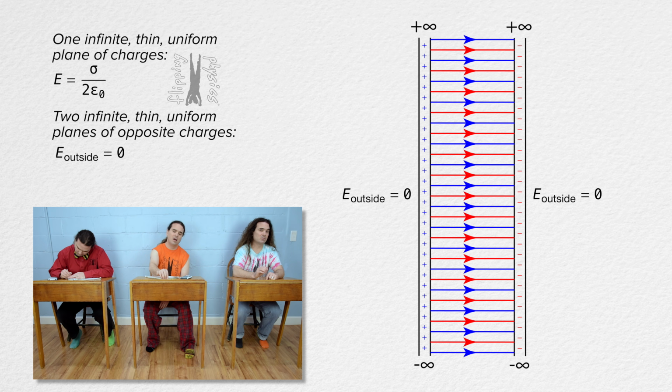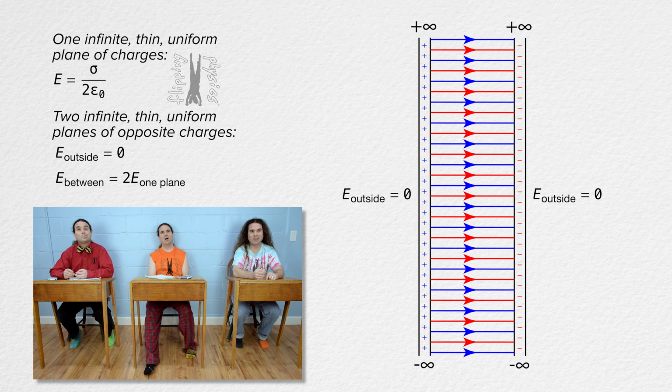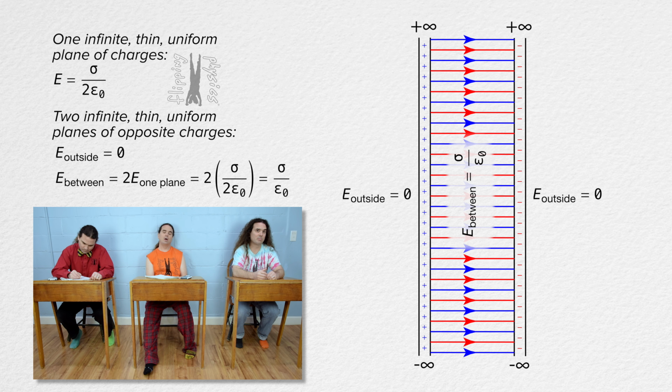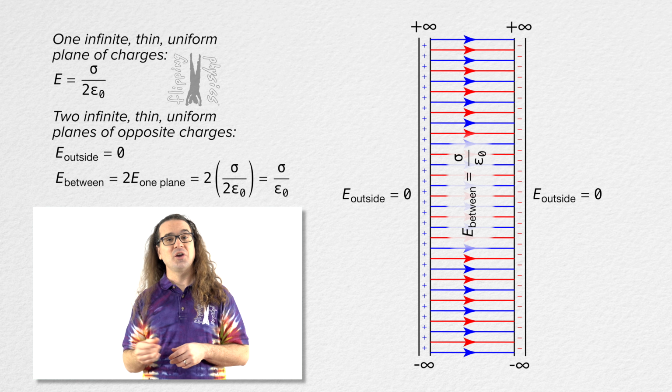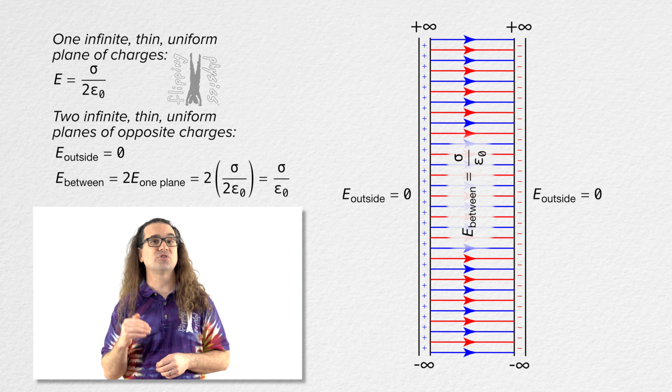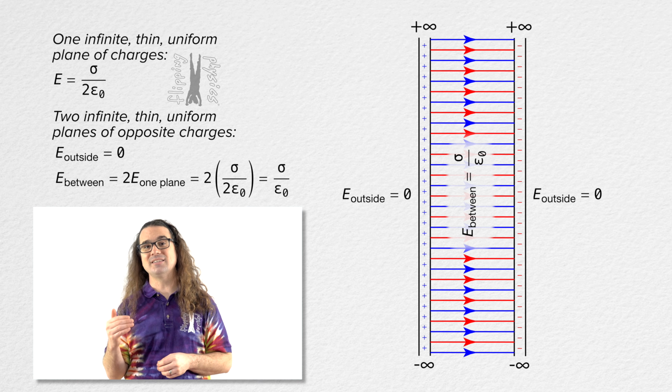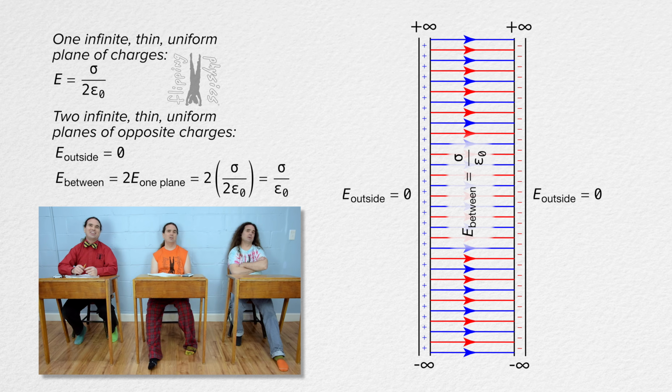Therefore, the electric field between the parallel plates of charge is just 2 times the electric field of one plane of charges. Substitute in surface charge density over 2 times the permittivity of free space, and we get that the electric field that exists between the two parallel planes of charge with equal magnitude but opposite sign is equal to surface charge density over permittivity of free space. Well done, Bo. Thanks. And realize, we have now begun our journey towards determining the capacitance of an ideal parallel plate capacitor. Cool. Yeah. Yay.